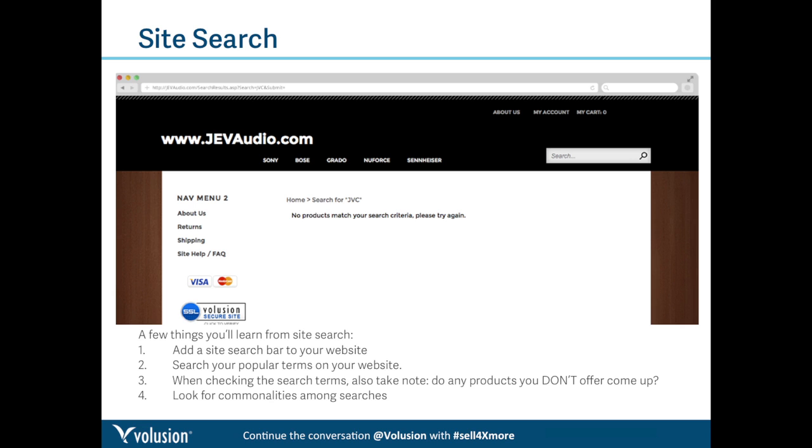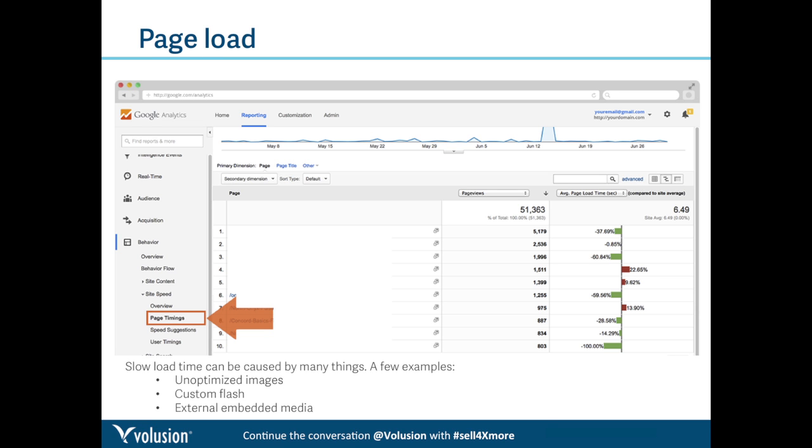Exactly. Okay, so let's jump down to the site speed section and select page timing option. This is a great way to identify if you're having loading problems, which can hurt your conversion rate. And Google says that page load could even affect your organic ranking. Yeah. Slow load times can be caused by many things. A few examples,